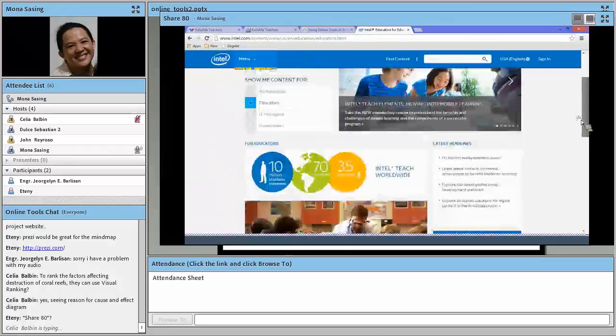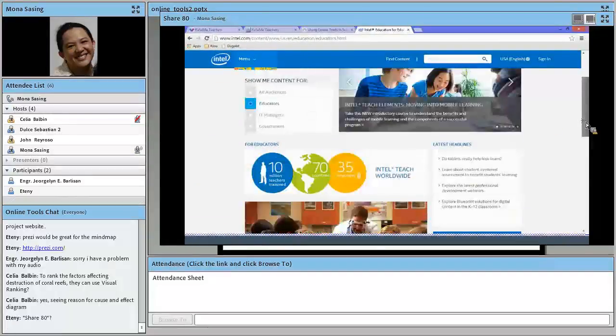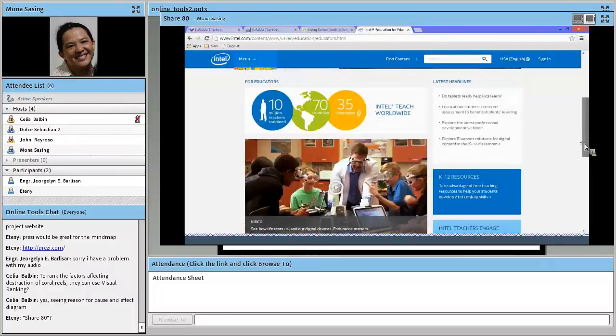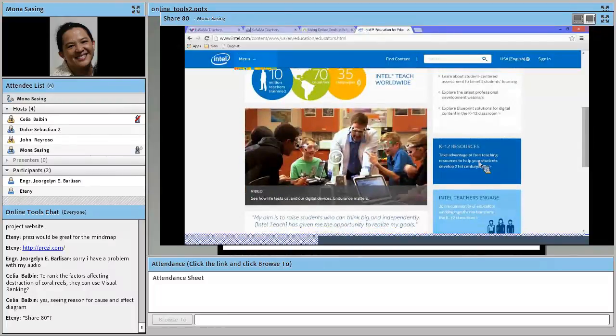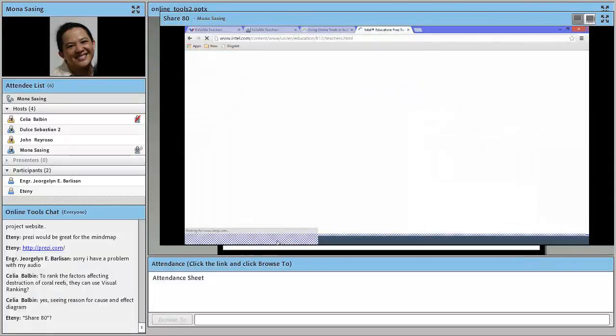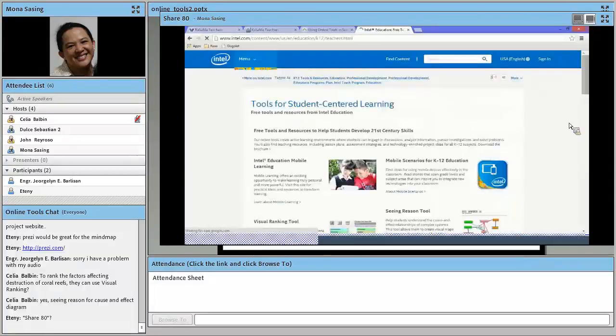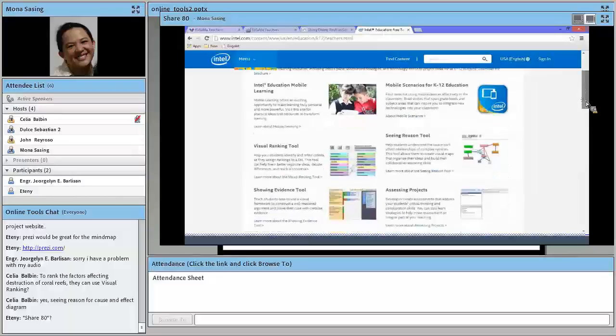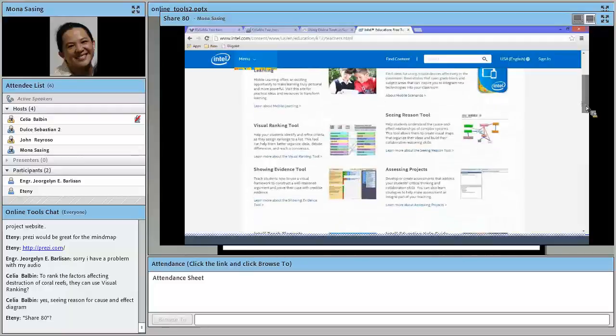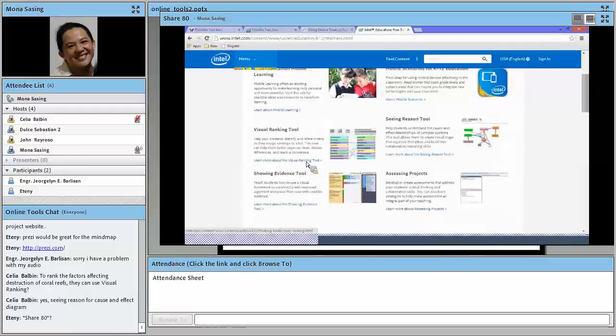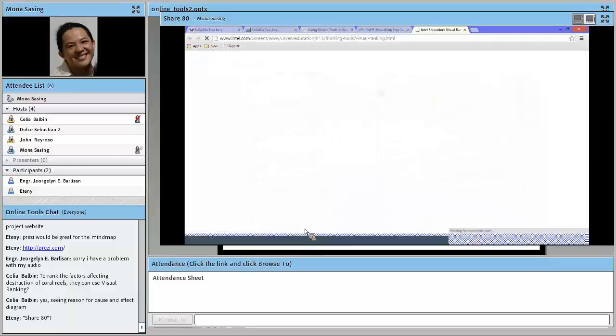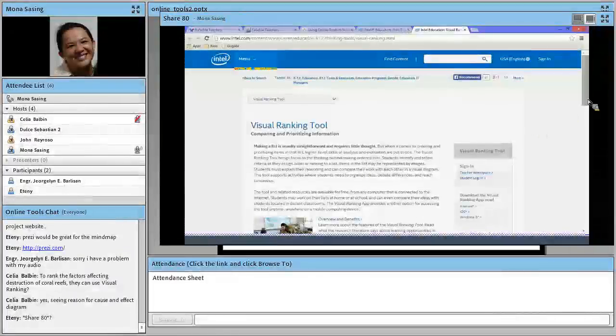You can click the link to educators. Then it will lead you to the content for educators. And then look for K-12 resources. Then there, you can see the links to these online thinking tools. And in these sites, for example, in the visual ranking tool site, there are examples of lessons that you can do with your class.